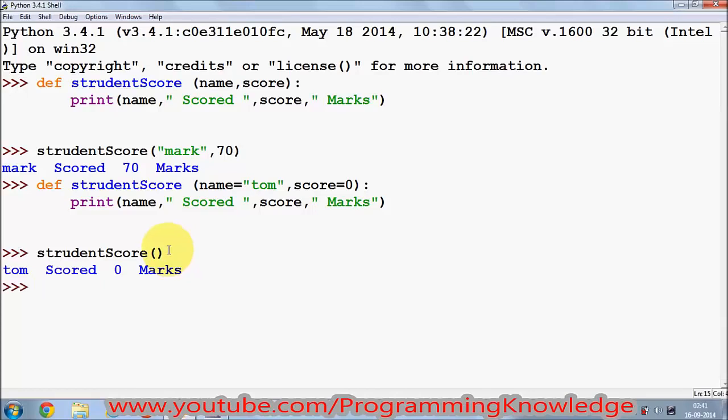Once I call this function, it says Tom scored 0 marks, because Tom is the default name and 0 is the default mark. And you can ask, what is the purpose of this? The purpose is, if the user does not pass any value as an argument, then the default value will be taken. Otherwise, if the user enters some valid name, for example Mark and 85 marks, and once again